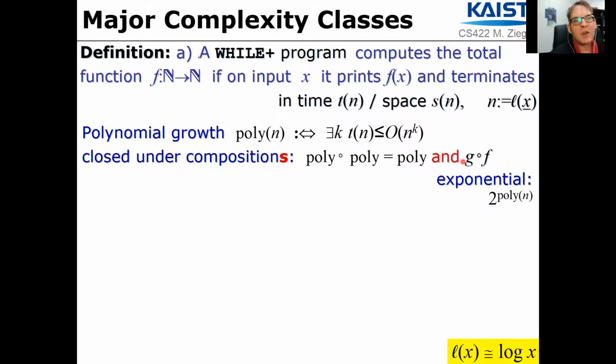Yes, and polynomial growth is closed under composition in two ways. First, the composition of a polynomial with a polynomial is again a polynomial, but maybe more importantly, the composition of a polynomial time computable integer function with another or the same polynomial time computable integer function is again a polynomial time computable integer function. And the latter is not immediately obvious. It can be seen from